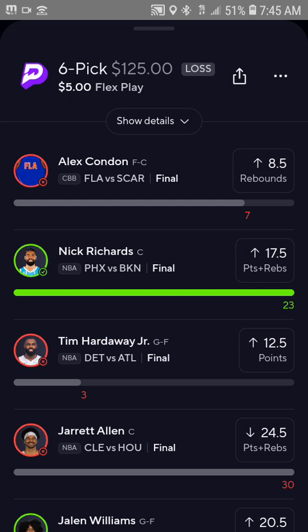And then my second player from yesterday, I needed Nick Richards playing for the Phoenix Suns, going against the Brooklyn Nets to get over 17.5 points plus rebounds, and he got over 23. In the first quarter, he got into a bit of foul trouble. He had like 2 fouls in the first quarter, and then they sat him down for about